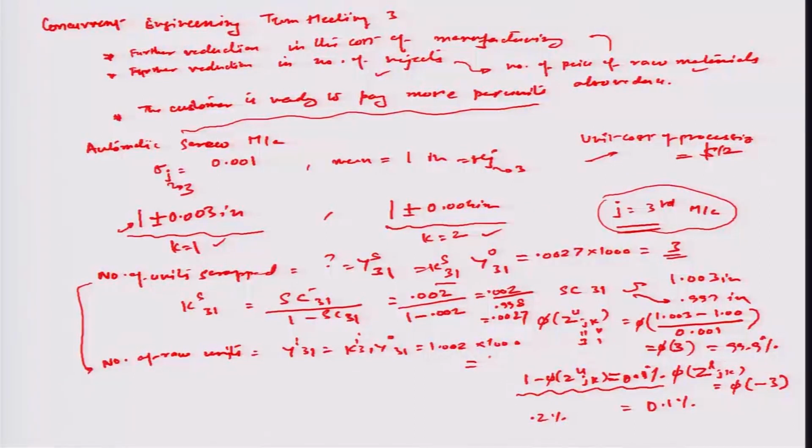So, you get about 1002.7. Okay. So, it is roughly about 1003 pieces approximately. So, this is what you need to put in the system of the transformation for generating about 1000 OK pieces